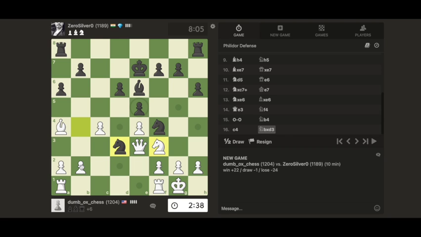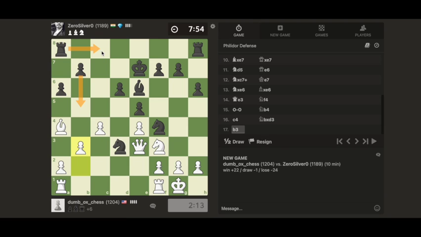So now we have a hanging pawn. We have to be careful about how we want to go about defending this hanging pawn. This bishop is now in a bit of trouble. That doesn't work at the moment, but if this rook comes into play...